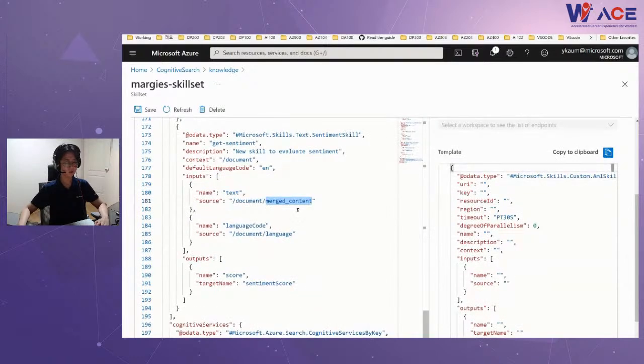And by analyzing these contents, it will generate the sentiment score of the document. So this is how you can define skillsets. From scratch, you can make this JSON type of definition, and you can save it here too. And if you made some changes, then you can just update the JSON definition.